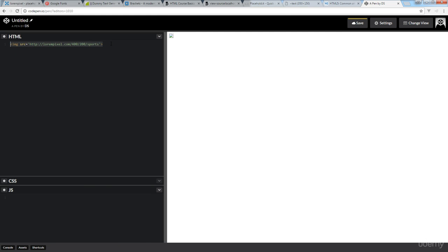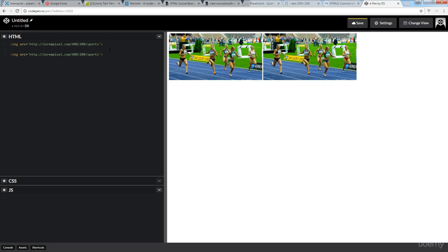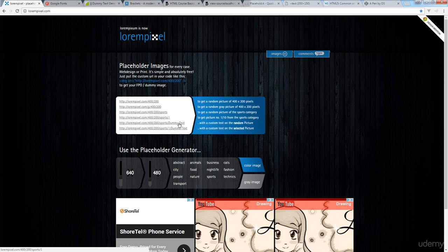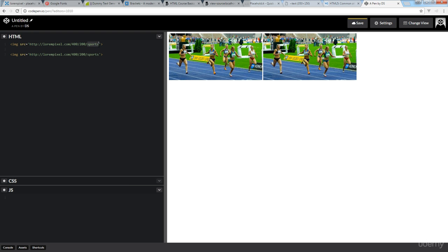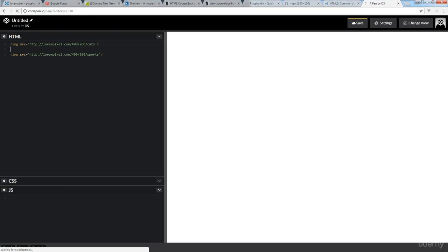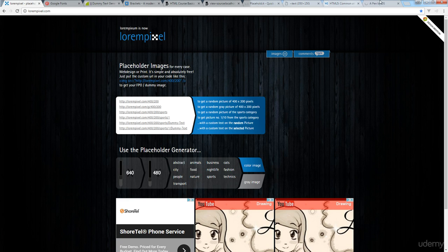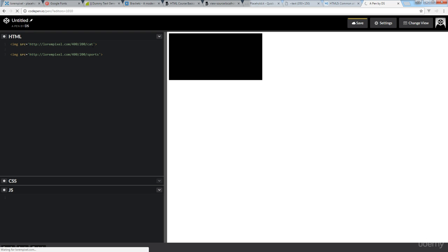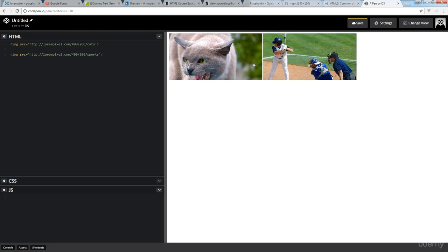We see that with Lorem Pixel you actually don't know what type of images you're going to get. You do have some choice here, so I can specify if I want sports or if I wanted cats and so on. So we saw that we can update those images, and we get these images coming through really easily within our web page. I'm not sure if it was cat or cats. It was cats. And that's one of the downsides about Lorem Pixel, is that it does sometimes take some time